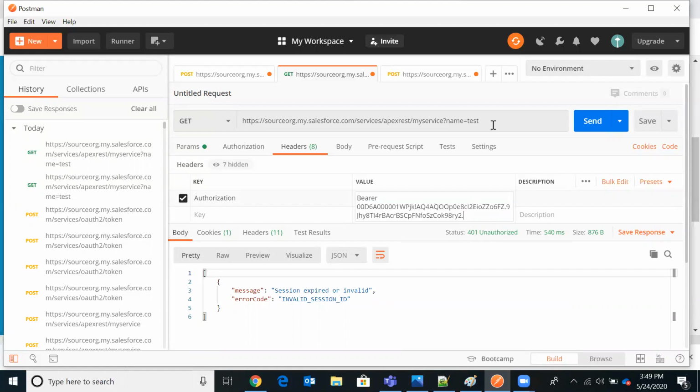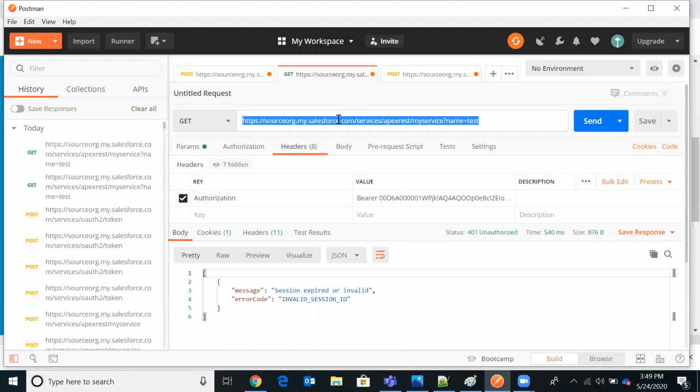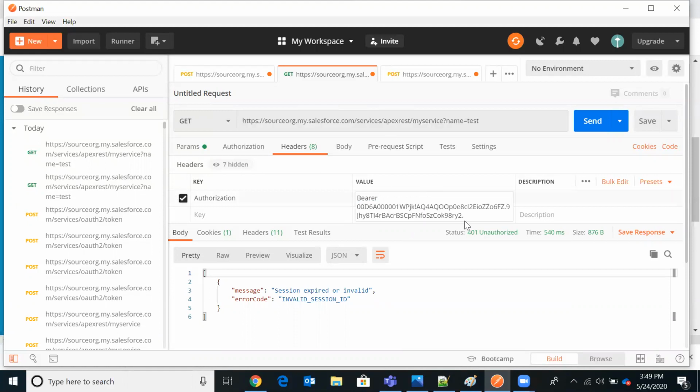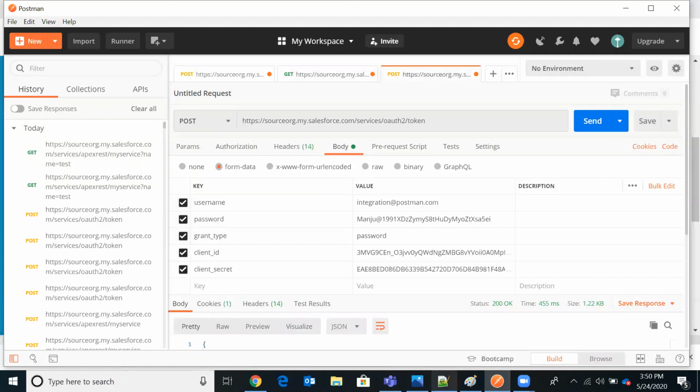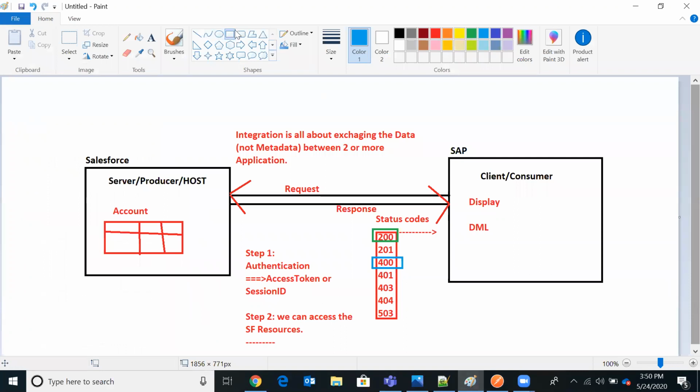We should not think about the URL which we are passing here. Instead we should think about what access token we are passing, or whatever parameters we are passing in the header might not be correct. Authentication details might not be correct, so we have to focus on the authentication details. That is what this 401 is all about. 401 is related to your authentication.